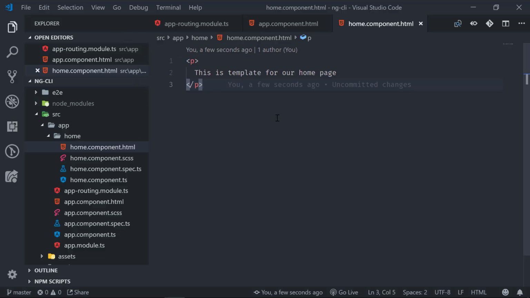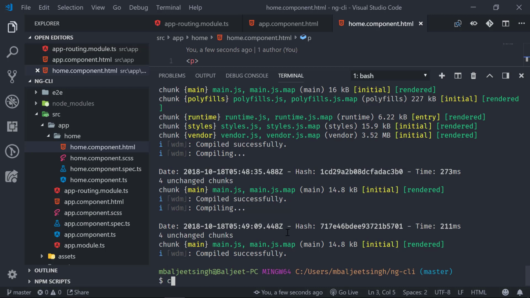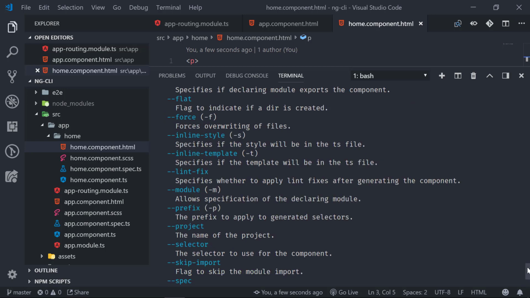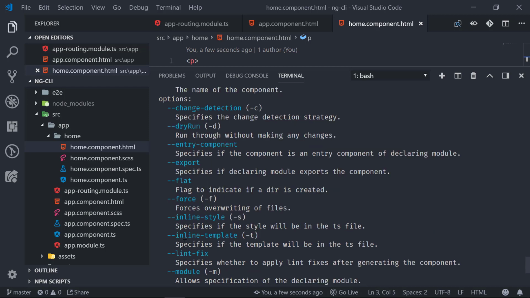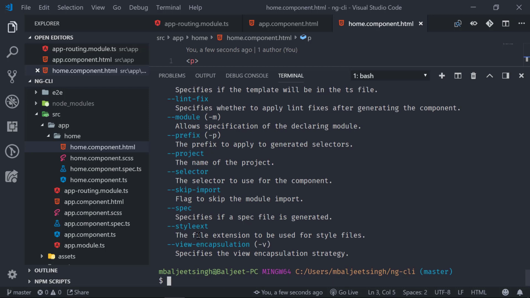Additionally, if we want to see all the commands that we can use with ng generate component, we can do ng gc, and actually we can put --help anywhere, and then it will show us what commands we can run with it. So we have many features here, so we can run --dry-run, --flat, that we have already done, inline style, inline template, so we can use all these properties here. Alright, so let's clear it for now,